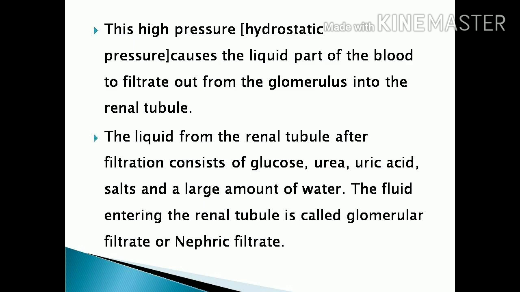During ultrafiltration, almost all the liquid content of blood, consisting of plasma and other organic and inorganic products like glucose, amino acids, and urea, passes into the Bowman's capsule from the glomerulus. So when the filtration of blood takes place, the glucose, amino acids, urea and plasma content filter out and enter the Bowman's capsule region.